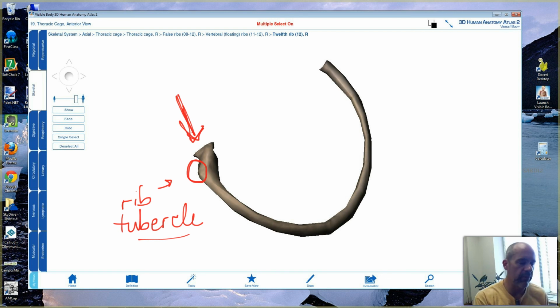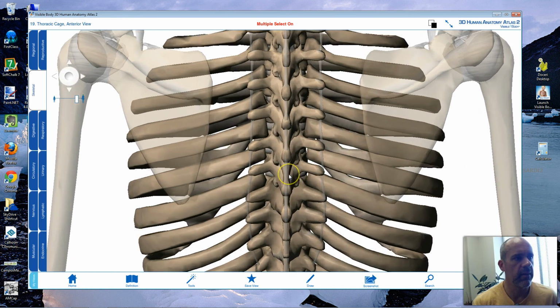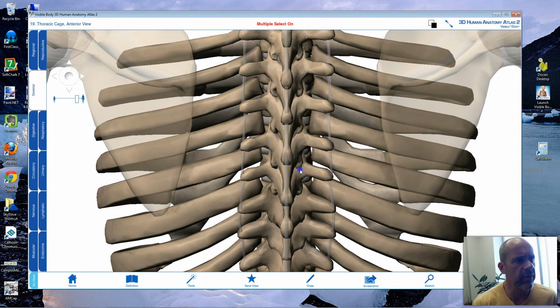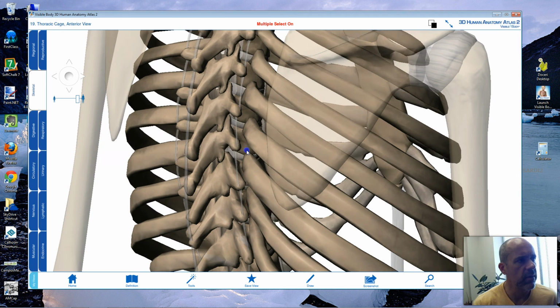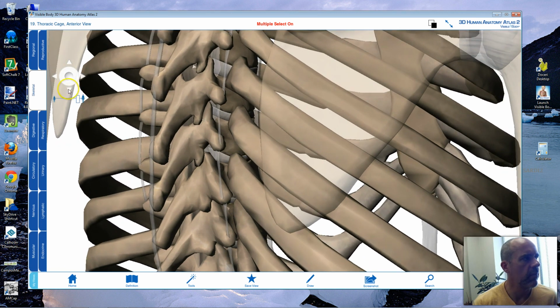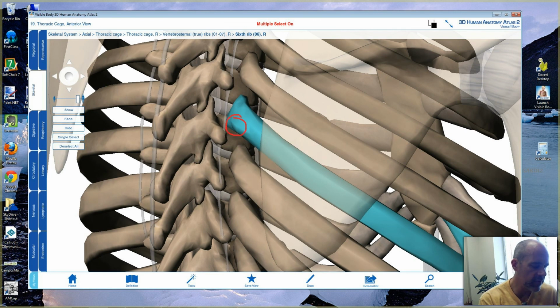And let me pause for a second. I'm going to bring up the whole vertebral column back so we can see how the ribs articulate with the vertebrae and get a better visual on that. All right. Let's zoom in so we can get a good zoom in here. Move down, and I'm going to highlight this rib right in here. And hopefully you can see here, there's our rib. And do you see how, all right, so there's your rib tubercle, that little bump there,